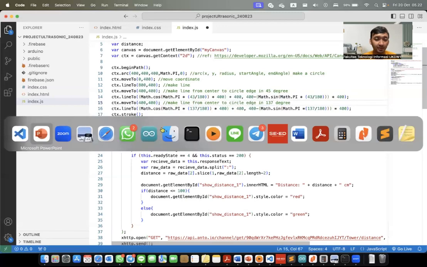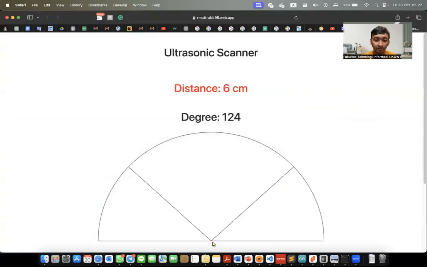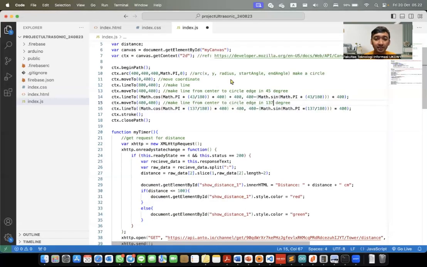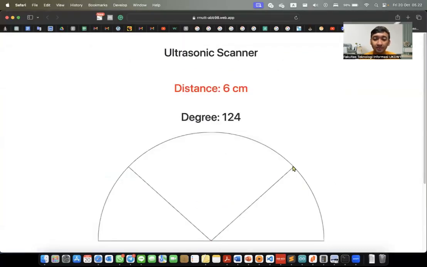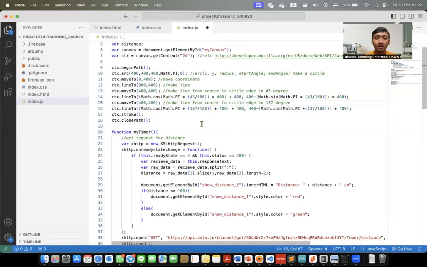We can set 400.400 here, and we move to 137 degree. So the end line should be here.